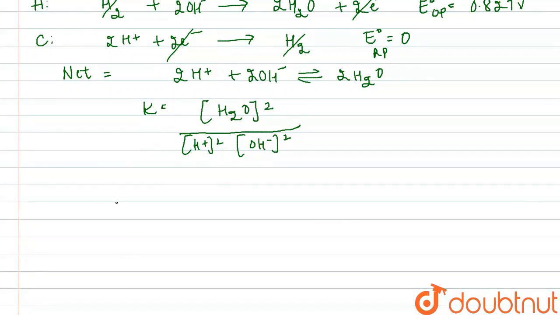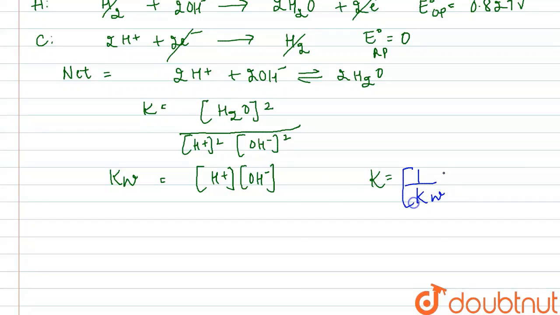Now for this reaction we have calculated K equilibrium. Now what about Kw? Because we know here that Kw is what? Ionic product of water, which is equal to what? Which is nothing but H plus into OH negative ion. So this is your ionic product of water, and we know that from here we can find out that K is nothing but the reciprocal of the ionic product only here, raised to the 2. Also from here we can calculate E cell.